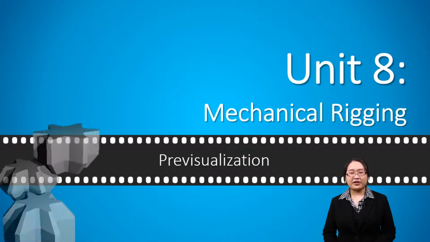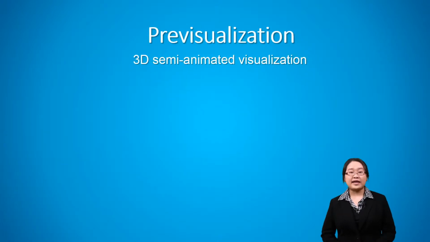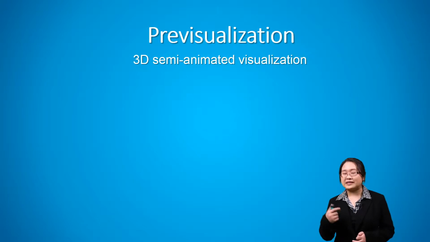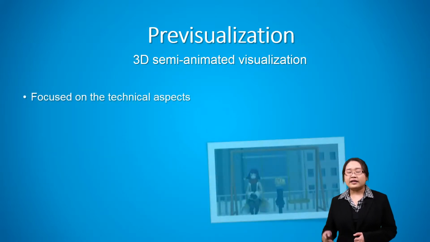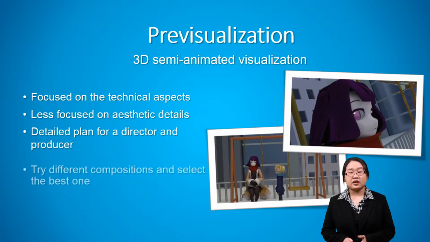After you have already created your model as well as texture and shading, the next phase before we are going to render it out or start animating, we are going to create a video called pre-visualization. The idea of the pre-visualization is a short animated video in order to test out if your idea works in the 3D world. And these are things that you have to consider in pre-visualization.